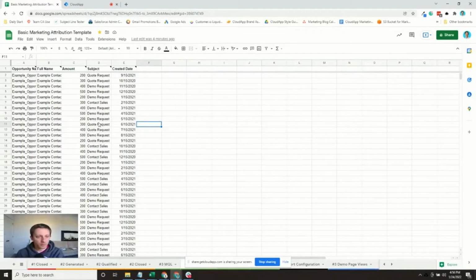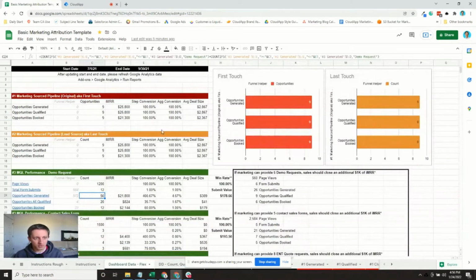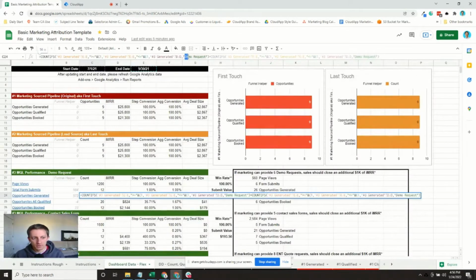Okay, now that we've got our data from Salesforce within our Google Sheet, the next thing that we need to do is actually make sure that the formulas on our dashboards are updated to reflect the subject lines that are standardized for our activities. So what that means is that out of the template from a start, you can look at these formulas, and right here, for example, on the demo request MQL, it's looking for that within the subject